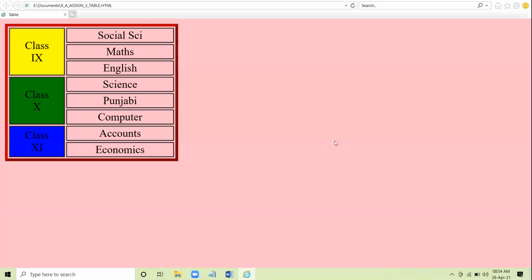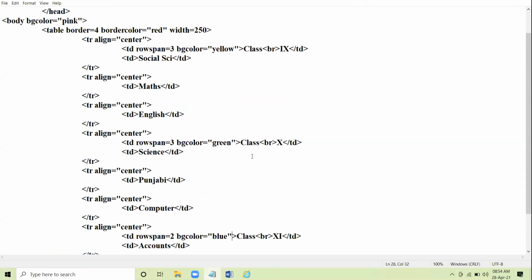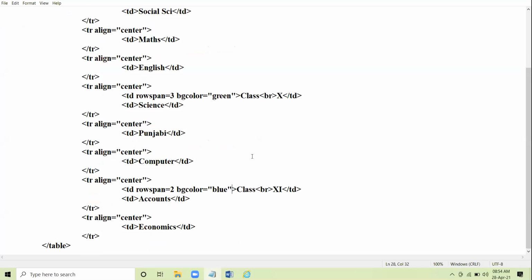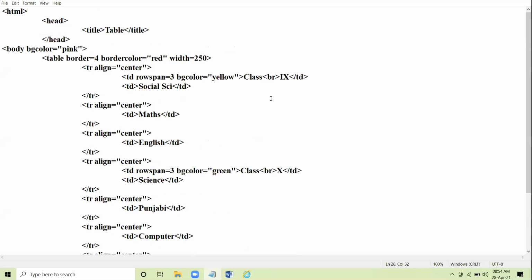No doubt. I just show the coding to you. See the coding carefully. Go through the coding. Don't try to cram the coding. You won't be able to get into the logic. Always try to understand the concept. Always try to understand the coding. Never try to cram it. Totally clear?